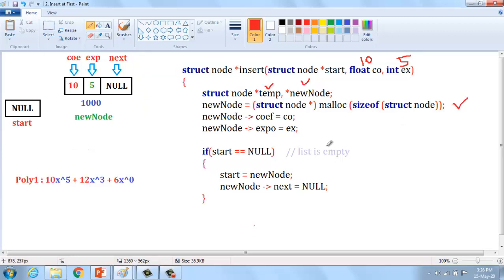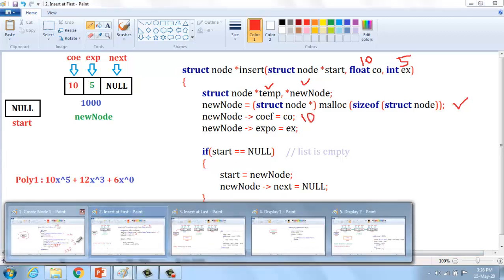So we are going to allocate the memory. Already we have created it. So new node of coefficient is 10, that is, co should be stored in a variable as 10, because we entered it in the input.